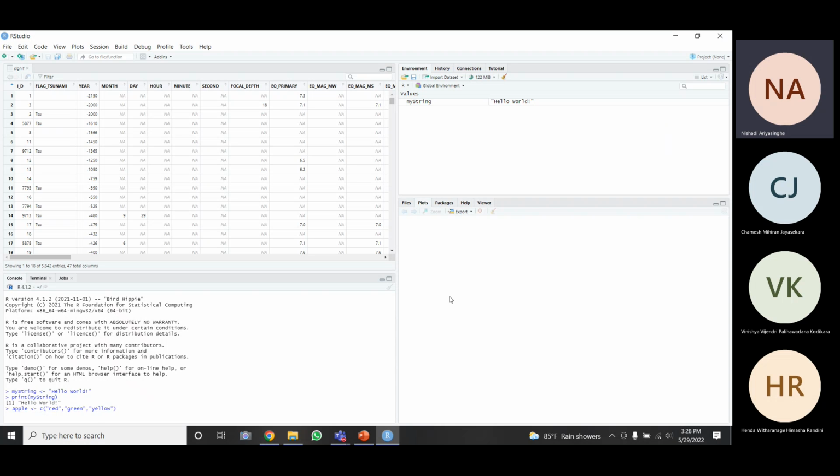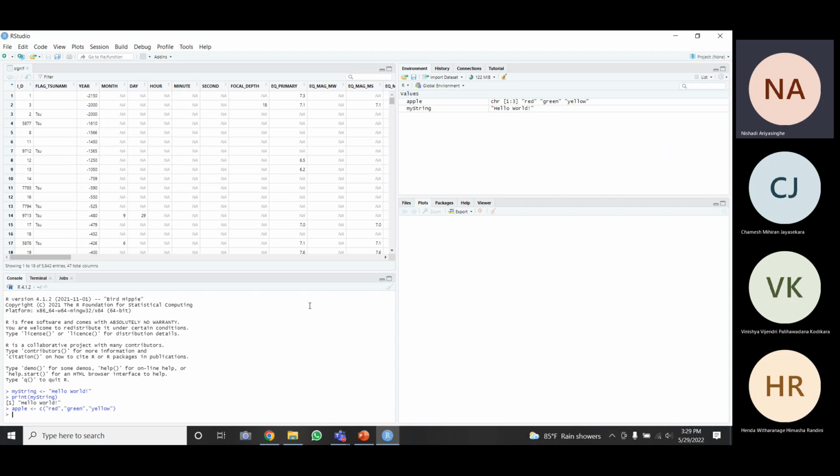So just simply some characters. When I click enter, you can see this apple vector is being created. The type is character and the size is 248 bytes. So you can see that a character vector or character array is created, one row and three columns, right? So all the information is given to you. This vector has one row and three columns, the values are red, green and yellow, right?